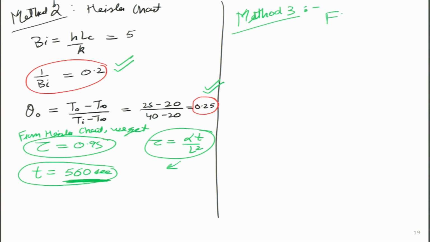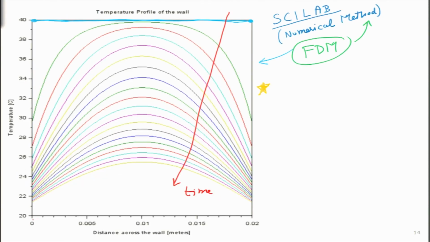And method number 3, as I was telling, is the finite difference method. This is a numerical technique; I have written the code, and I will discuss this in the next lectures. But the solution from that code I have already plotted over here, so I would request the students to pay a little attention. In this particular curve, this is the x-axis, and this is the mid plane. The length here will turn out to be 0.01 meter, which is what we are looking for. The initial condition is 40 degrees.